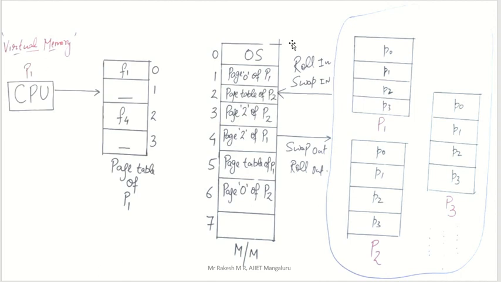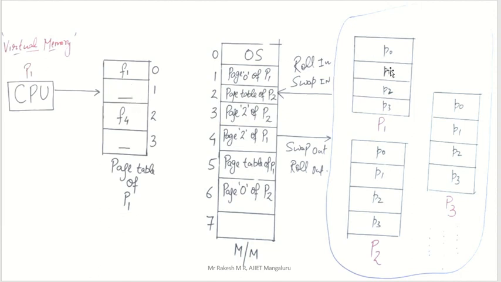Now see, check in the entire memory: is there any free frame? Yes, here in this part we have a free frame. That's why you can take this P1 inside main memory frame 7, and automatically in the page table, page 1 is taken in the 7th frame. So here inside this you will get F7.